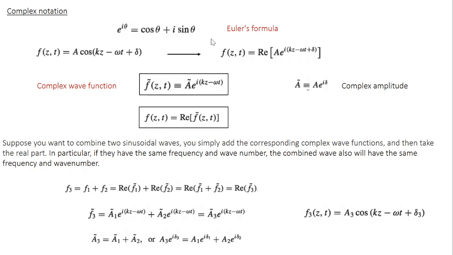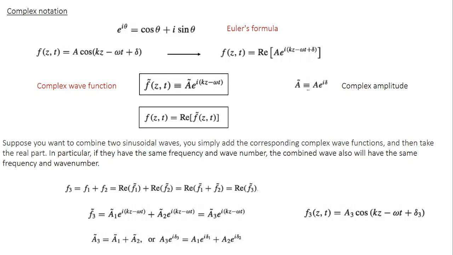So whenever we talk about wave motion, we have to use a real function. But for mathematical convenience, sometimes we write the complex notation. So for all mathematical manipulations, you can use the complex notation. But when we want to talk about the real properties of the wave, then you take only the real part of the complex notation. Okay, so you have to keep this in mind.